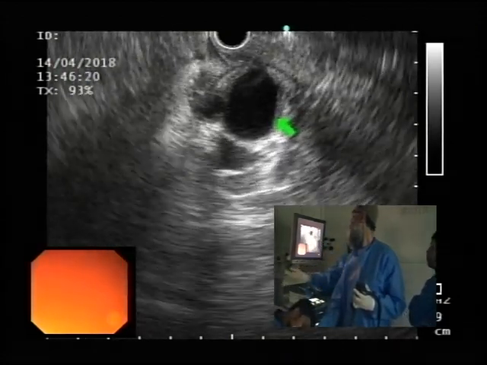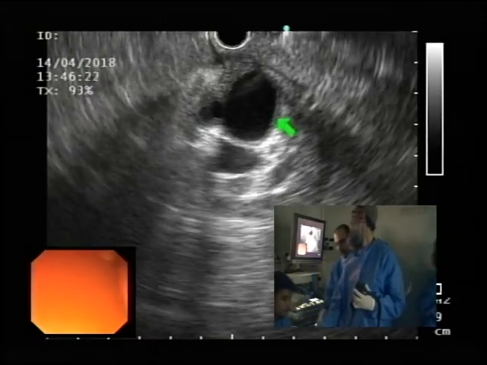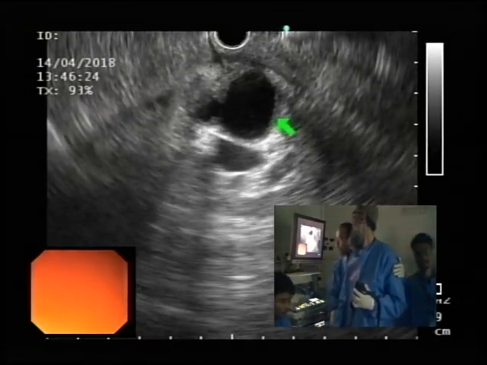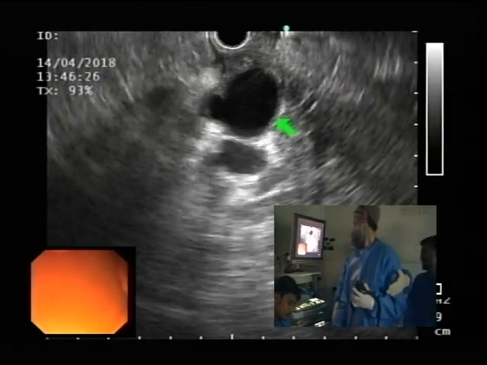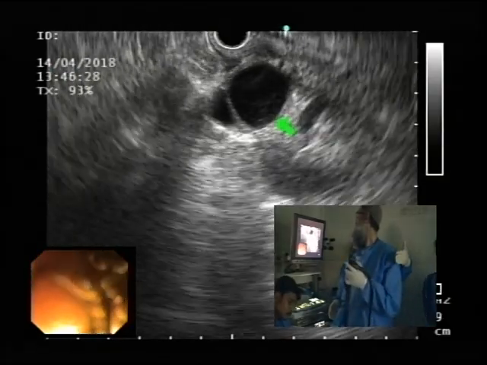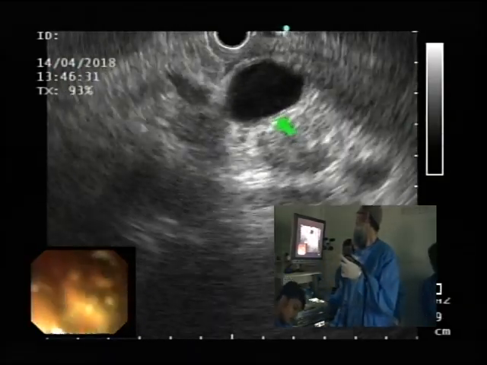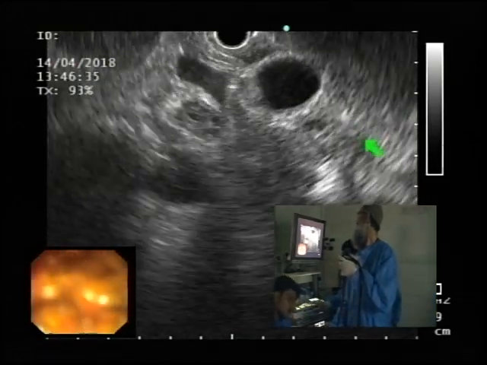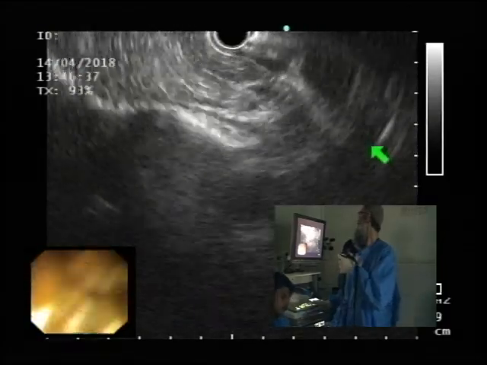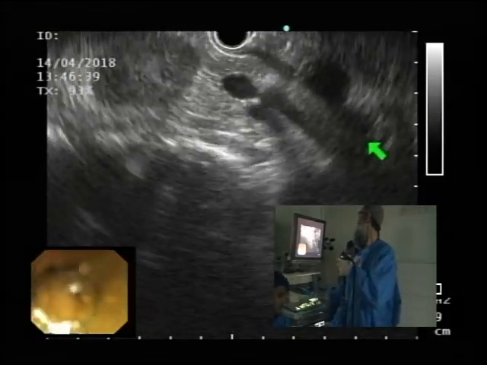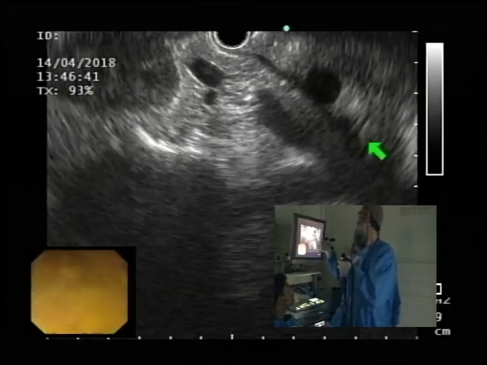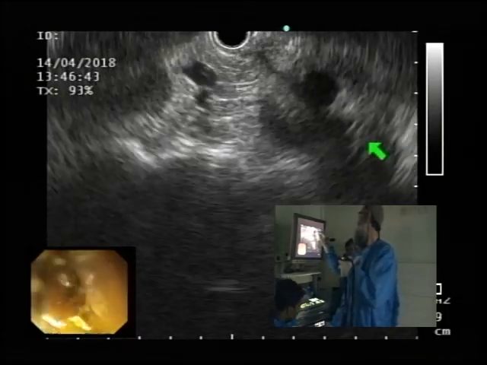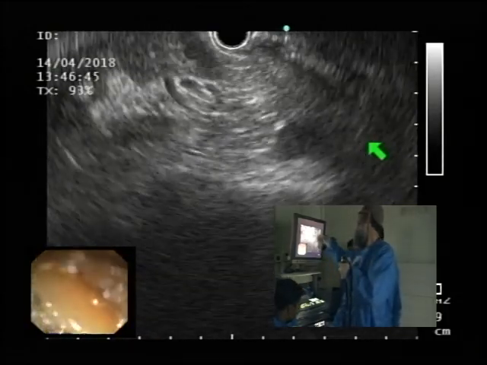So right hand has to be relaxed and just supporting this. And now with your left hand, raise your left hand to go clockwise. There's your common bile duct. And as you go clockwise, you're following it towards the head of the pancreas. Keep going, keep going. And it's moving away from you in this one. With practice, you can figure out what maneuvers it takes to keep it in view, but here you have to,